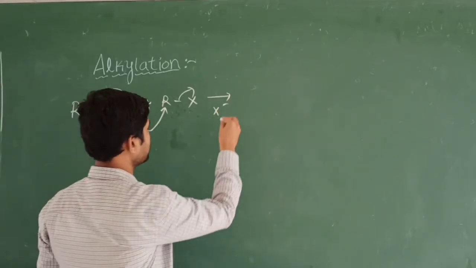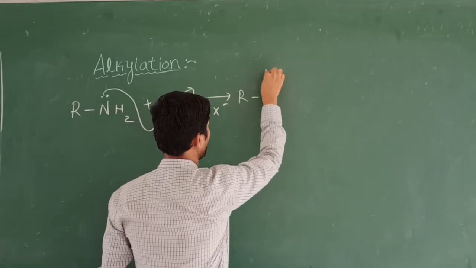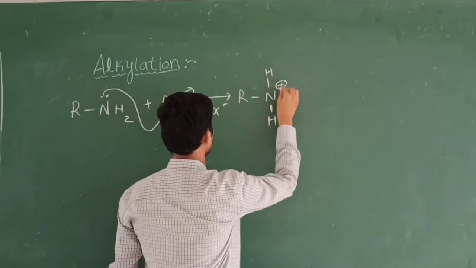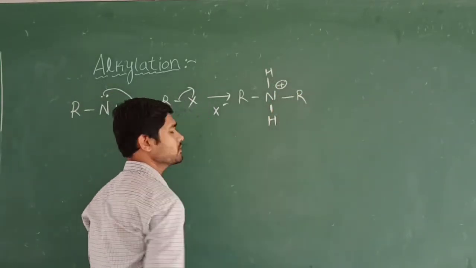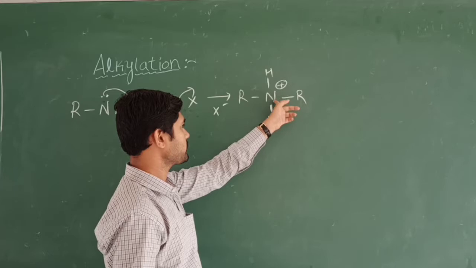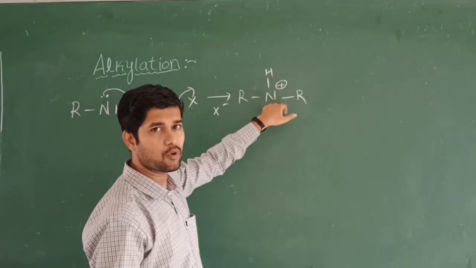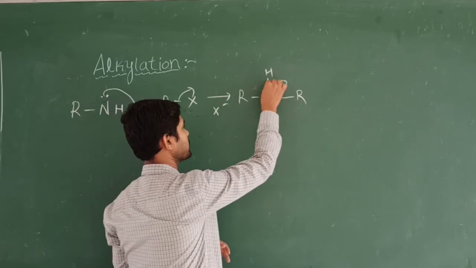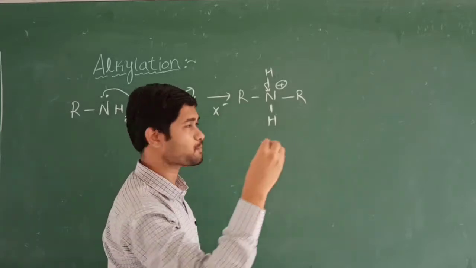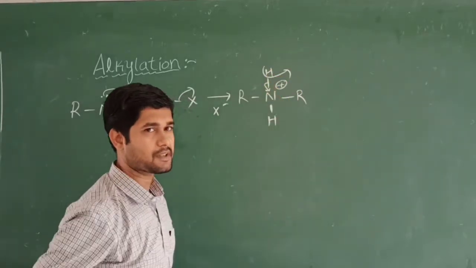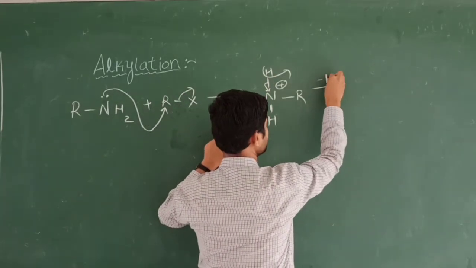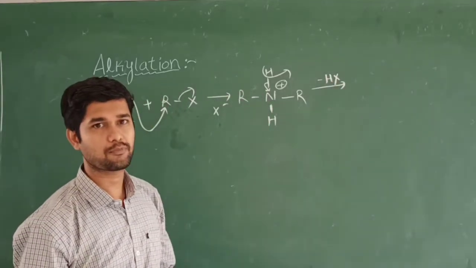What is the remaining? I am going to write it here. Now nitrogen gets a positive charge because of the four bonds. So now this is an unstable compound, and I want to make it stable. What happens? You know the electronegativity difference between nitrogen and hydrogen: nitrogen has more and it is also deficient. So this bond migrates towards the nitrogen atom in order to remove the plus charge, and the hydrogen is eliminated as H plus. This H plus and X minus combine to give minus HX, that is, hydrogen halide is eliminated.